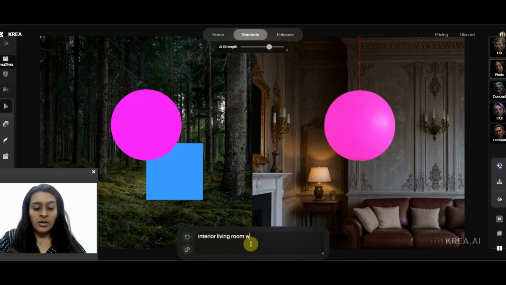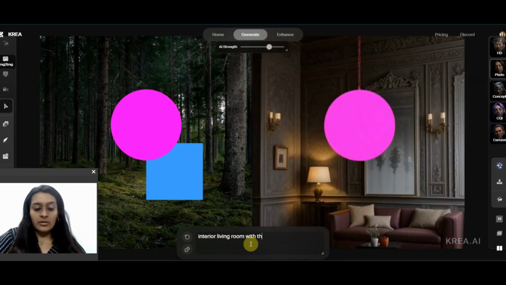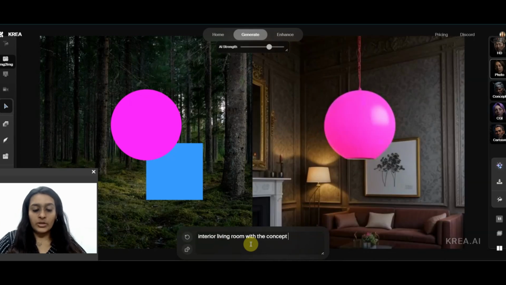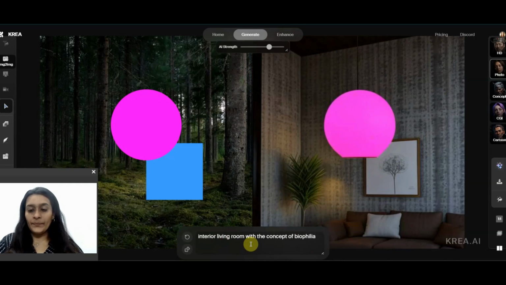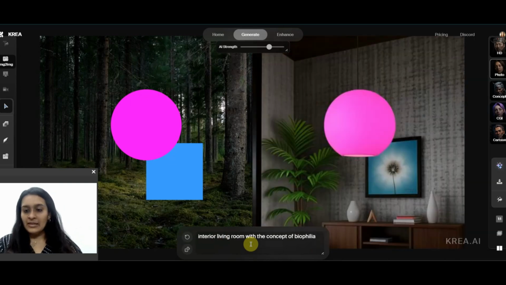Interior living room with the concept of biofeedback. Biophilia. Let's see if it understands that. Okay.